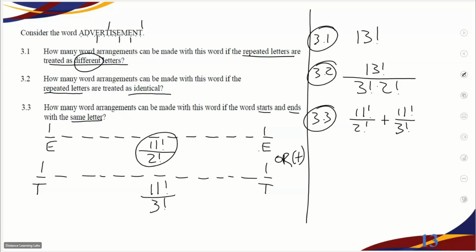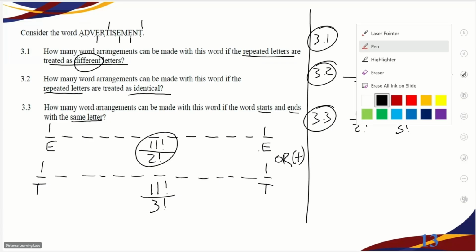The first one is when it starts and ends with an E. The second one is when it starts and ends with the letter T. Then you can punch that in your calculator. It would give us the answer to that question. Now, moving right along,